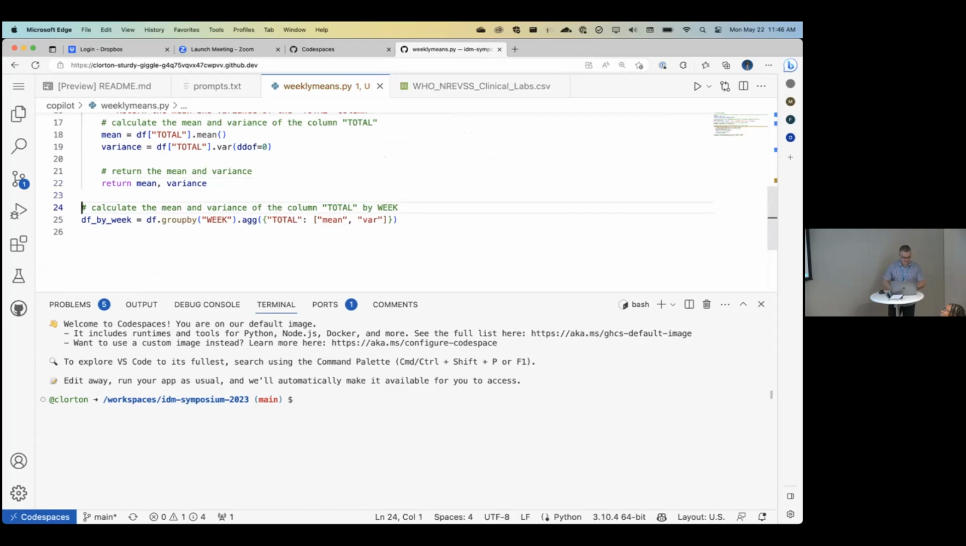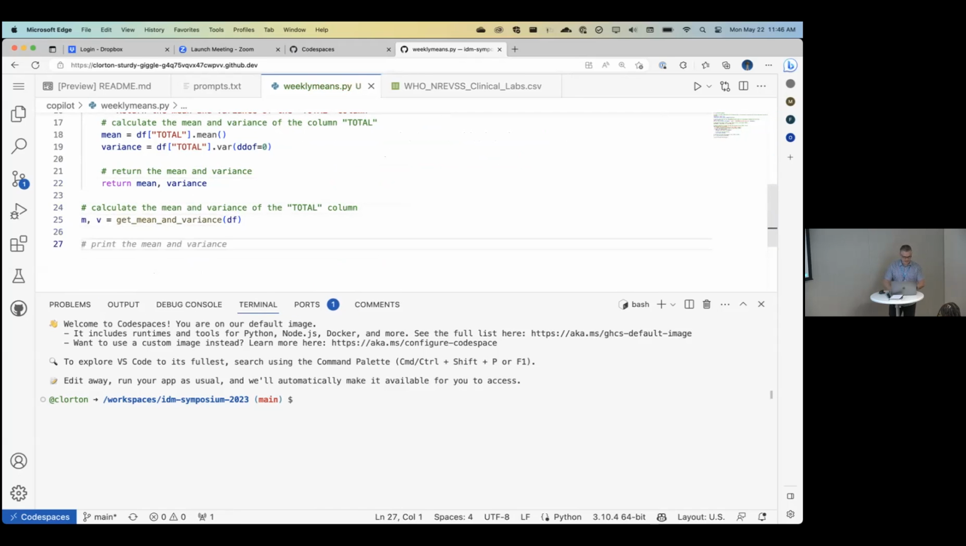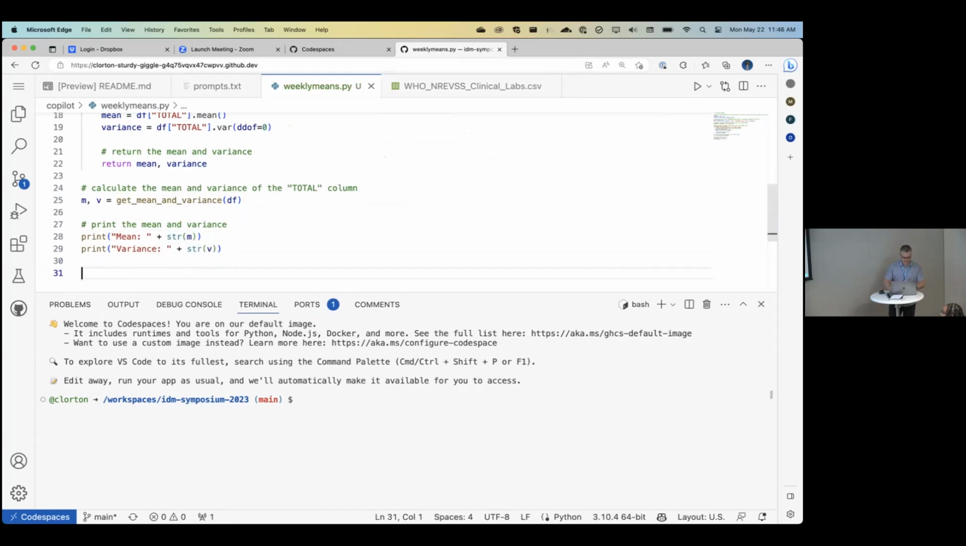All right, so now I don't need this. I would like to do that. So use the data frame that I've already created, and then I would like to print it. All right. Well,